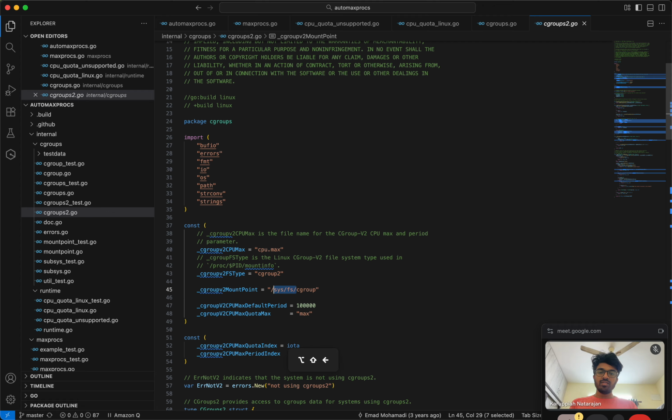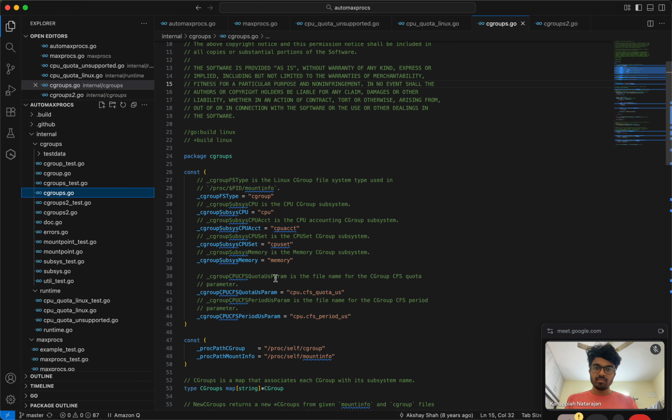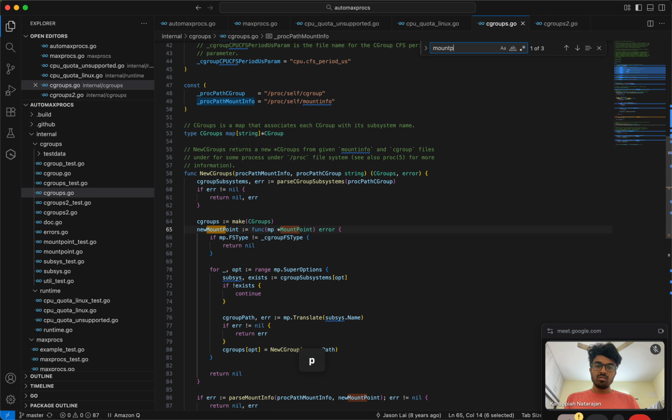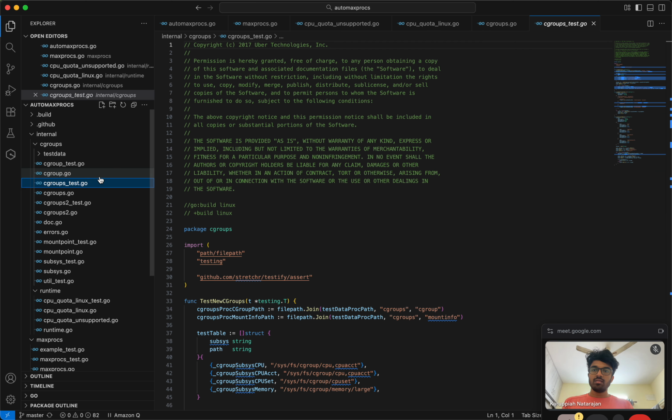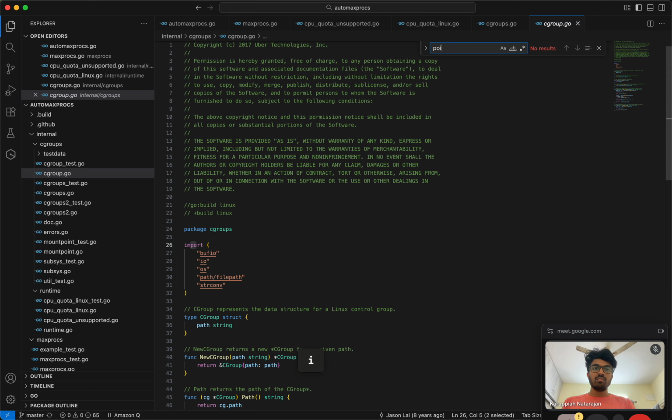The mount point for this looks like it's this /sys/fs/cgroup. This is the mount point that I've always noticed. But for cgroup v1, there is a proc path mount point. Okay, cgroup mount point.